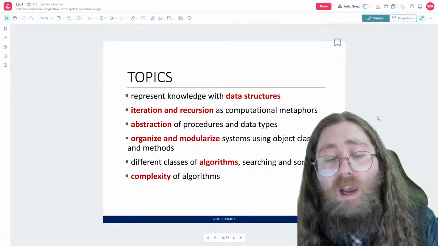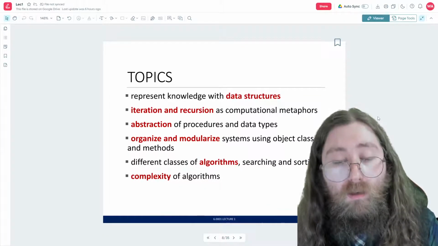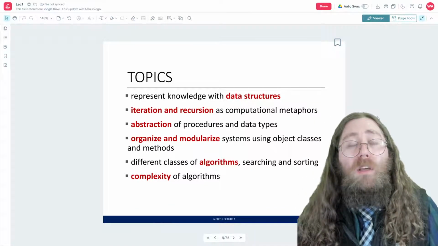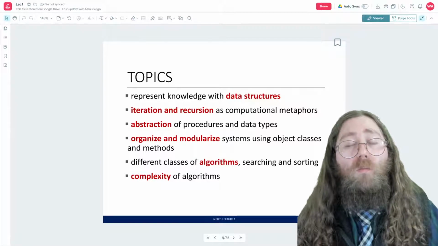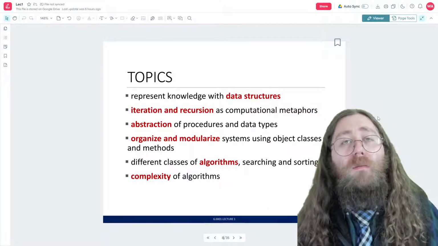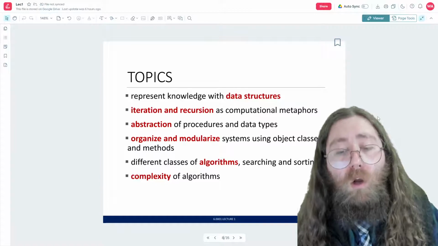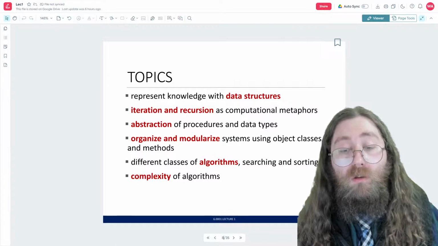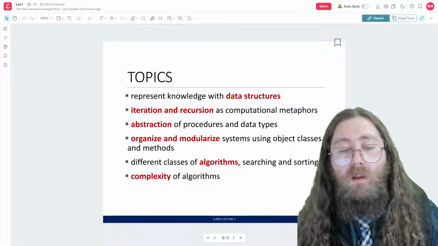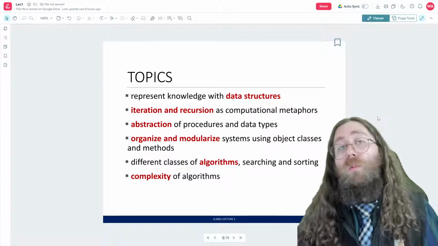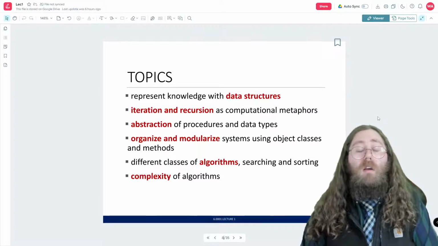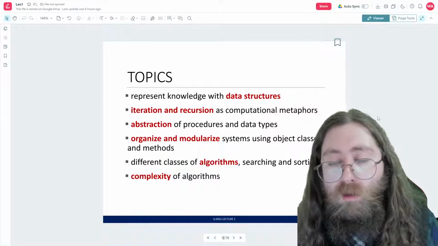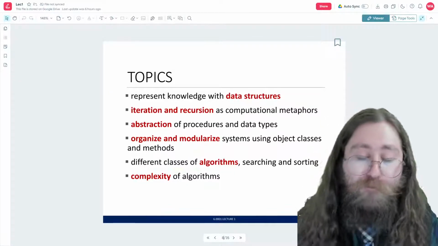We're going to learn about the abstraction of procedures and data types to understand how we can have these things be abstract but still have them work together. Depending on how we set up our code, having very abstract procedures and data types allows us to do flexible, cool things with our code. And we're going to see a little bit about that today, actually. I think it comes up probably over and over, time and time again.